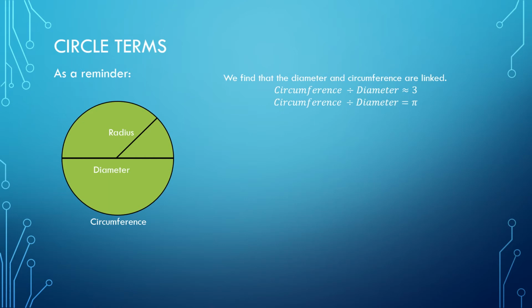So what we can do is we can use this fact and we can rearrange it a little bit to get circumference is equal to pi multiplied by the diameter, which we simplify down to be c equals pi d. So how do we use that going forward? Well,